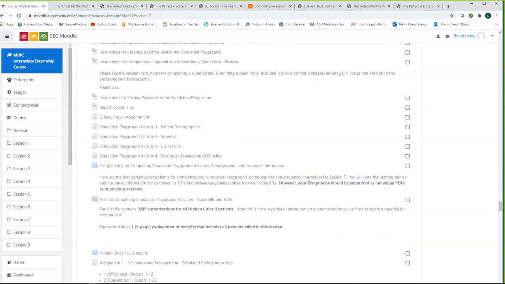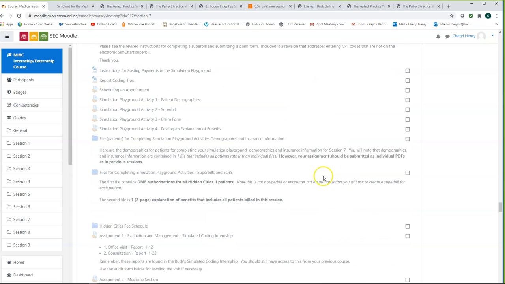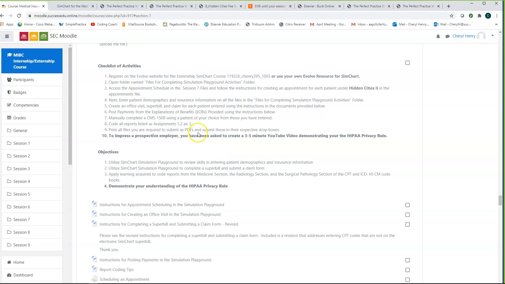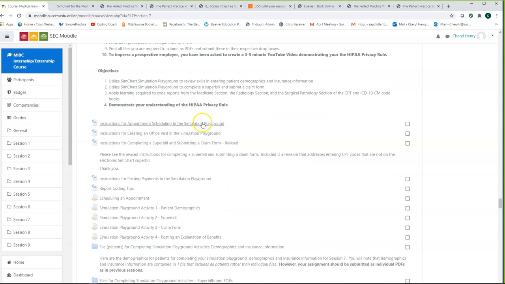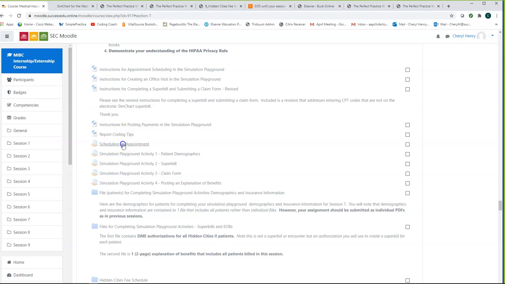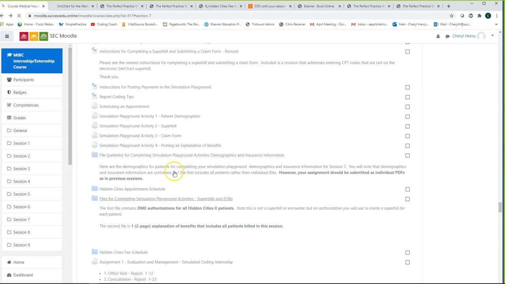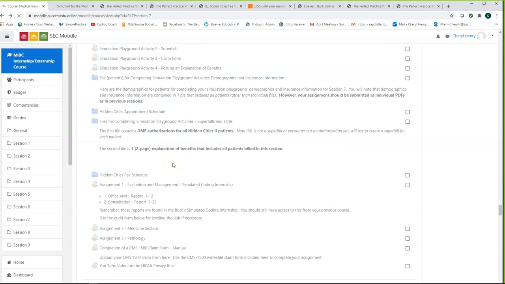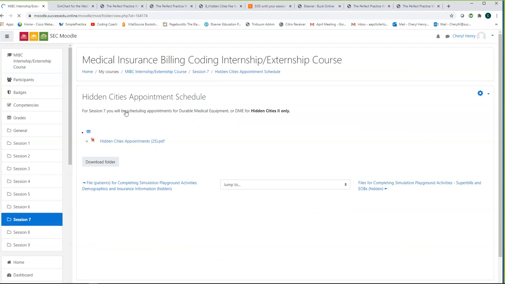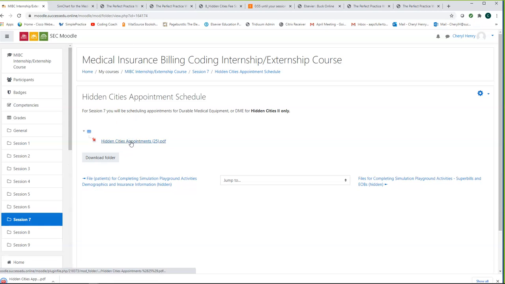What I'm going to do now is show you what you have here on site. You have drop boxes. In the drop boxes, I actually just this morning altered something, and that is that usually in scheduling appointments in this Dropbox, there used to be a PDF with the appointments, but I have changed that. And again, I'm going to be altering the instructions. I've changed that, and I have put the appointments for Hidden Cities in a folder right here. And opening the Hidden Cities appointment schedule and downloading it,